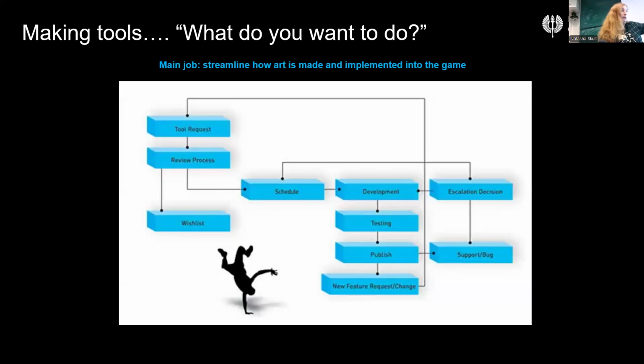And then after that there might be some other tool request, so it goes the same cycle. Once it's being used, there might be bug reports to the tech artist about what is not working well, so it can be improved. But if it is not possible to do it now, consider that most of the tools we create internally in our companies are usually made to be used not just for one product, but for any product in the future. So this is your library of